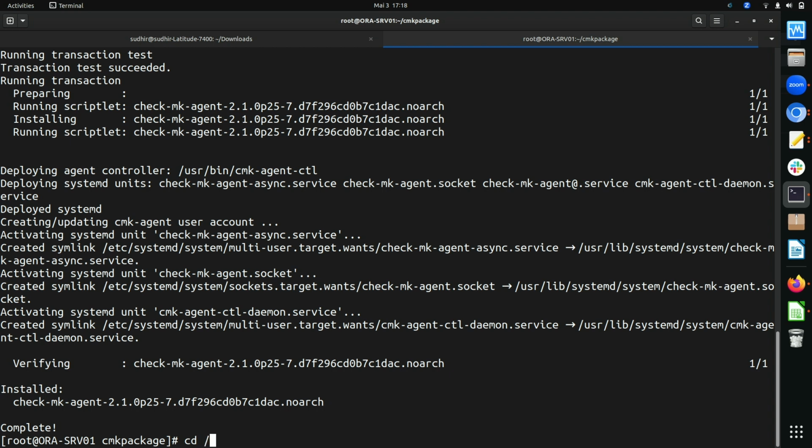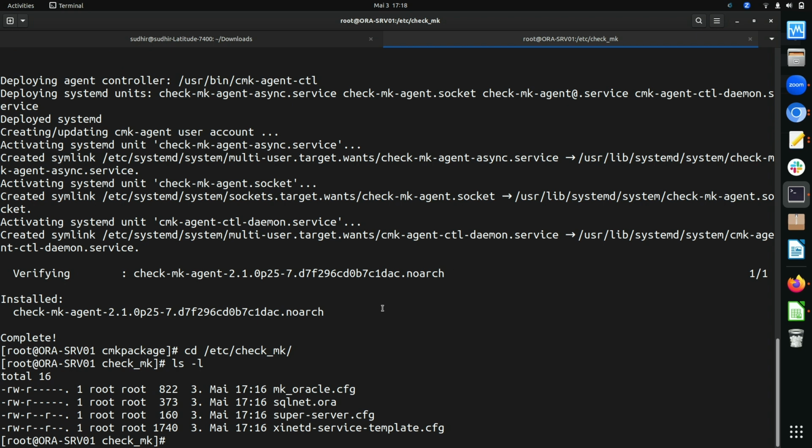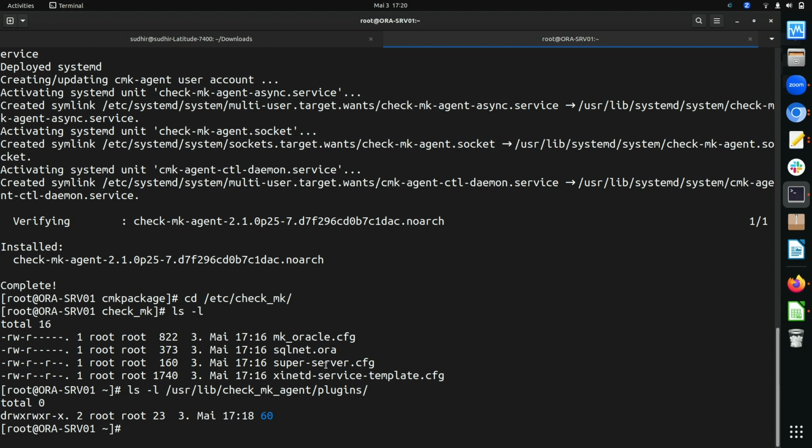Let's have a look into the /etc/check_mk folder where our configuration files are placed. As you can see, we now have an mk_oracle.cfg file. If we look at the folder /usr/lib/check_mk_agent/plugins, we now have the folder 60, which